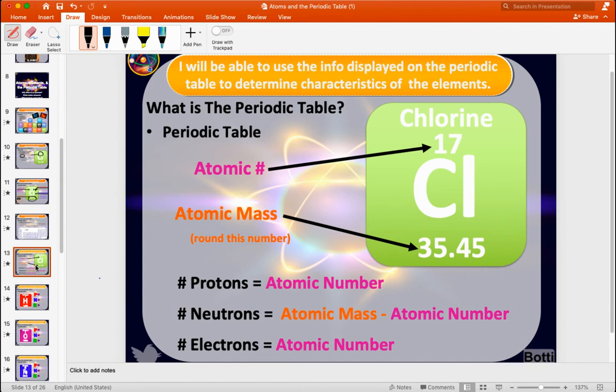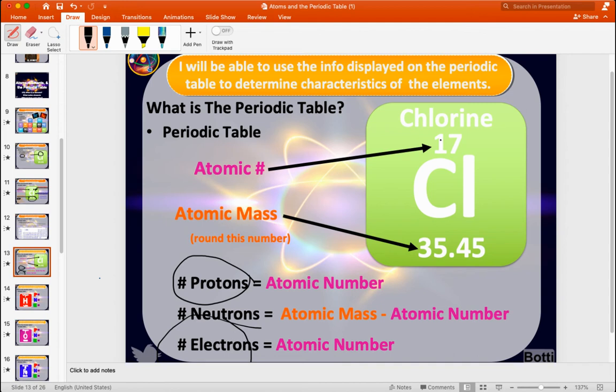So now let's look at how we figure out how many of each type of particle is included in our element. We know that the atomic number is equal to the number of protons. The number of protons is the atomic number, so there's no math required to figure that out. We look at this and go, oh, the atomic number is 17, therefore there are 17 protons. We can do the same thing with electrons. No math required. All we do is look up here at the atomic number, and it is going to be the same as the number of